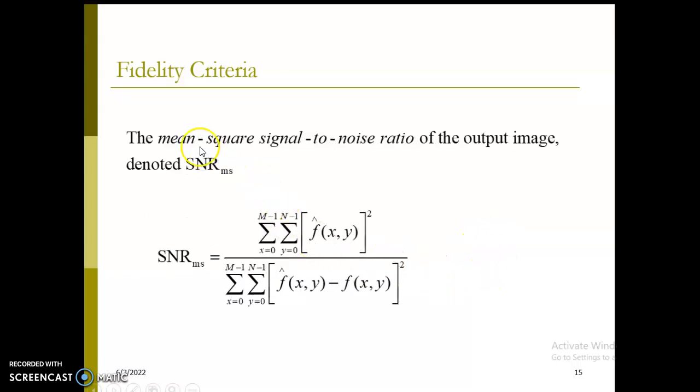The mean square fidelity criteria: the mean square signal to noise ratio of the output image, denoted SNR ms, equal to summation over x equal to 0 to m minus 1, summation over y equal to 0 to n minus 1 of f cap of x,y whole square, divided by summation over x equal to 0 to m minus 1, summation over y equal to 0 to n minus 1 of f cap of x,y minus f